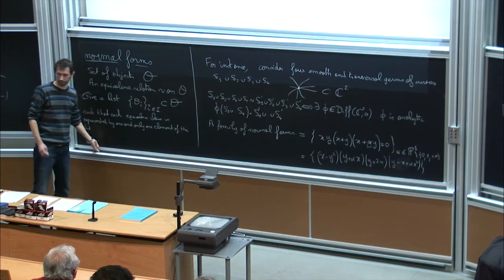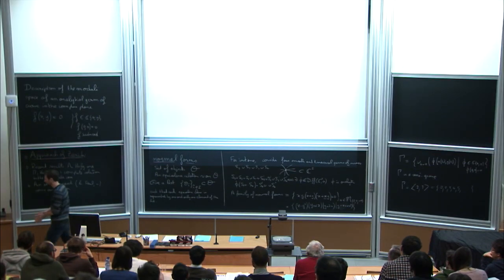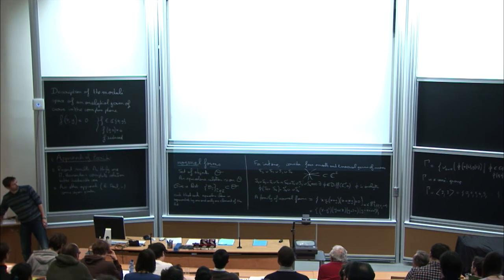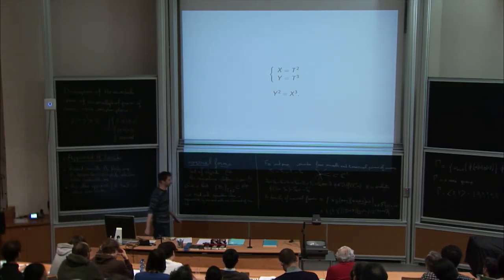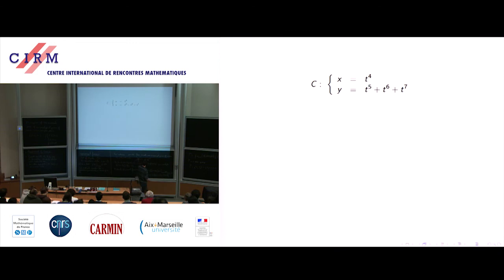I'd like to compute, so let me show you again an example why this is not enough. Look at this curve now. So consider the following parameterization. And if you compute its semi-group, you get this following set of positive integers. You can see that here the conductor is 12. After 12, any integer appears in the semi-group. And everybody can see that 6 does not belong to the semi-group of gamma C.